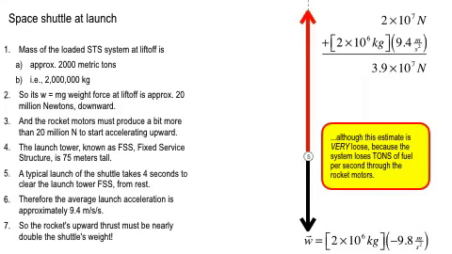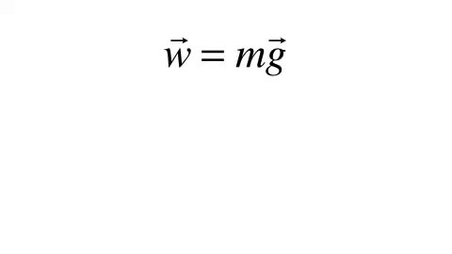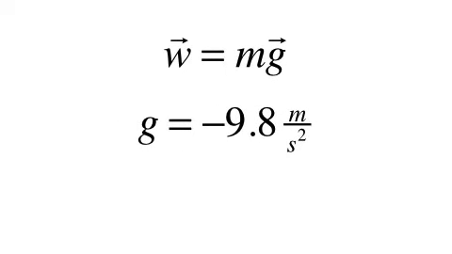The mass at the top of the launch tower is going to be a lot less than 2 million kilograms. So this is an overestimate, but it gives you an idea of what we're trying to deal with here. And basically, we're trying to power the weight force. Now, W equals mg, here at the surface of the Earth, we use negative 9.8